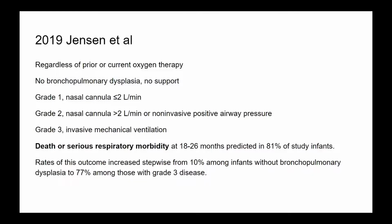FiO2. It is only the mode of respiratory support that is more important, because that can predict the later respiratory morbidity. So they classified grade 1 as any baby who is on nasal cannula less than 2 liters. Grade 2 is nasal cannula 2 liters or more, or any mode of non-invasive support. Grade 3 is invasive ventilation. They said that in this classification, mode is more important, not the FiO2. So that predicts respiratory morbidity in 80% of the babies. When babies are in grade 1, the risk was 10% only, whereas when we are at grade 3, the